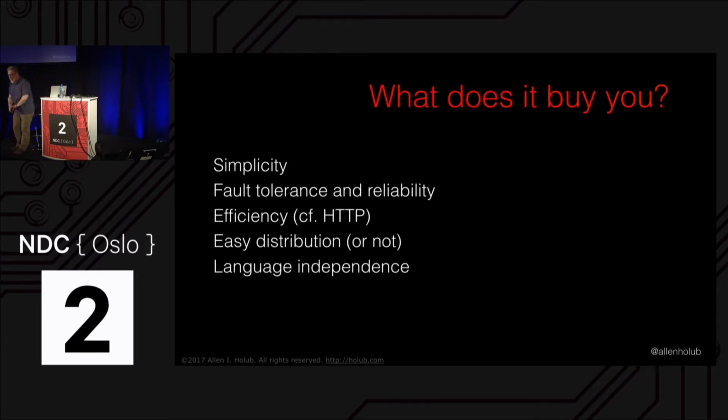So by going to messaging, we get a lot. We get a lot of simplicity in our system. We're pushing a lot of stuff off to the messaging subsystem that we would otherwise have to write ourselves, things that are giving us reliability and so forth inside the code. We get a lot of efficiency when compared to HTTP or some sort of heavyweight protocol for talking across the network. It's easy to distribute this stuff. In the case of 0MQ, everything's done with TCP IP addresses. So if they're all on the same machine, your system is running on the same machine. If they're on different machines, they're suddenly running on different machines. So it's easy to do distribution. And we have complete language independence because the messaging system itself is language neutral. We can have a service written in any language talking to a service written in any other language.